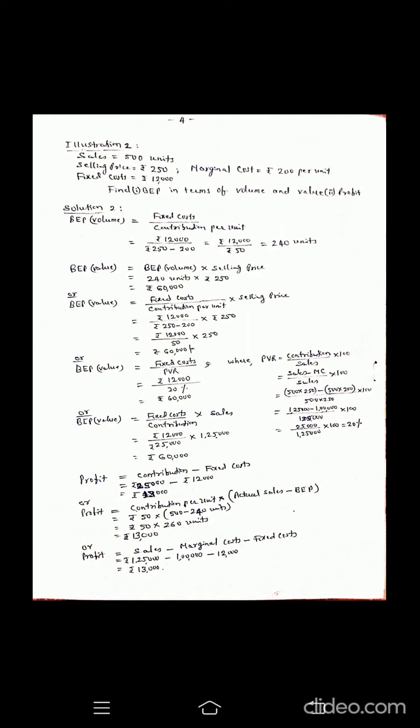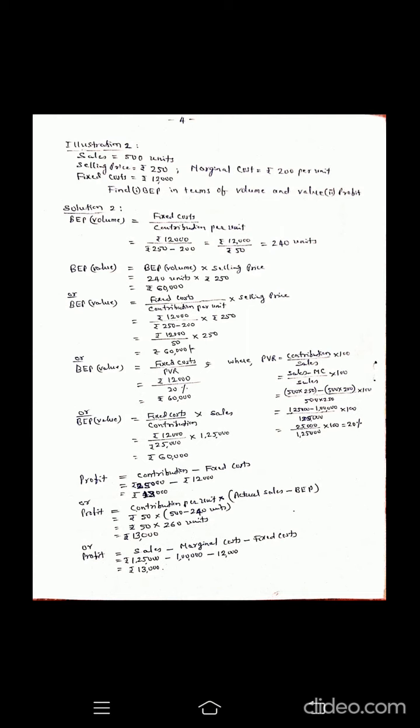Now this PV ratio can be used to compute break-even point in terms of value. Fixed cost divided by PV ratio. Rupees 12,000 fixed cost divided by 20% is equal to rupees 60,000. Or BEP in terms of value